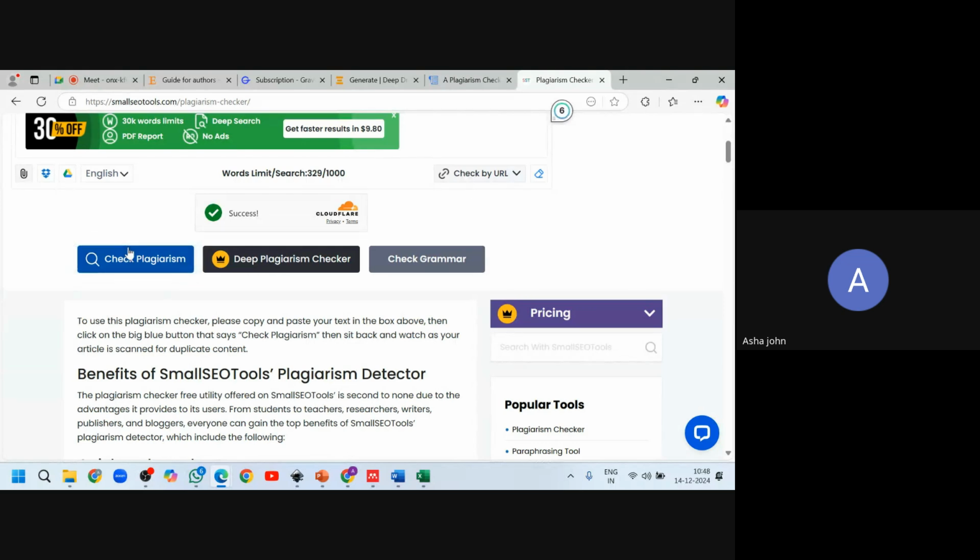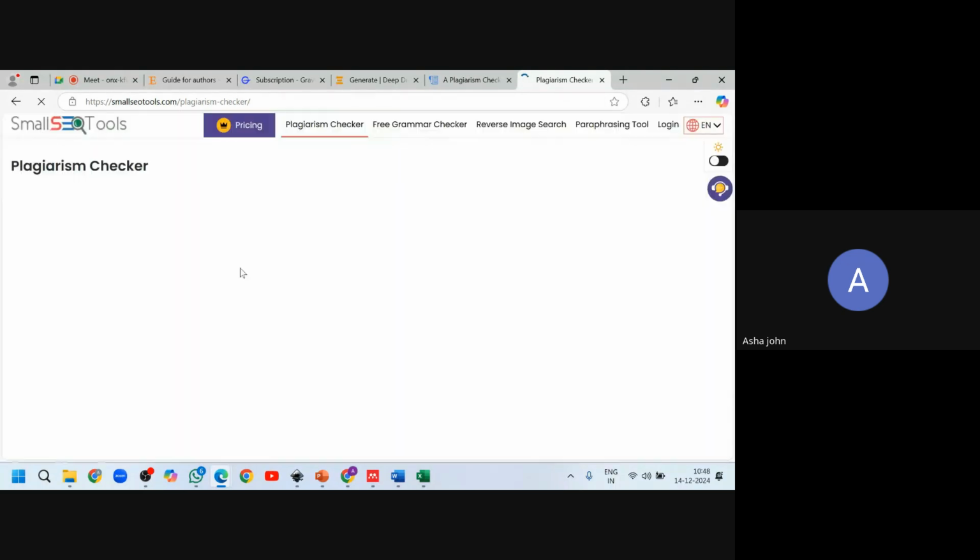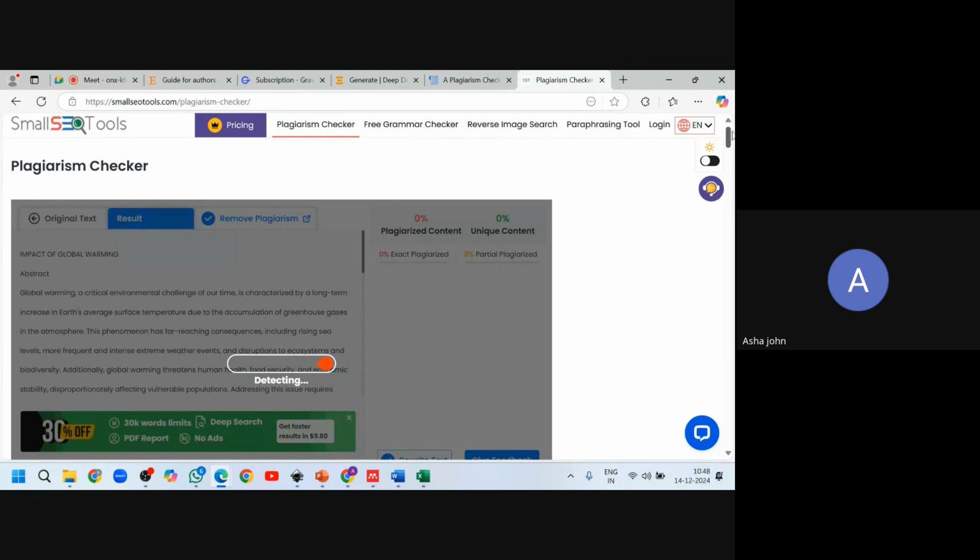So check for plagiarism. There is a deep plagiarism checker available in Small SEO Tools, but it is available for the subscription version only.